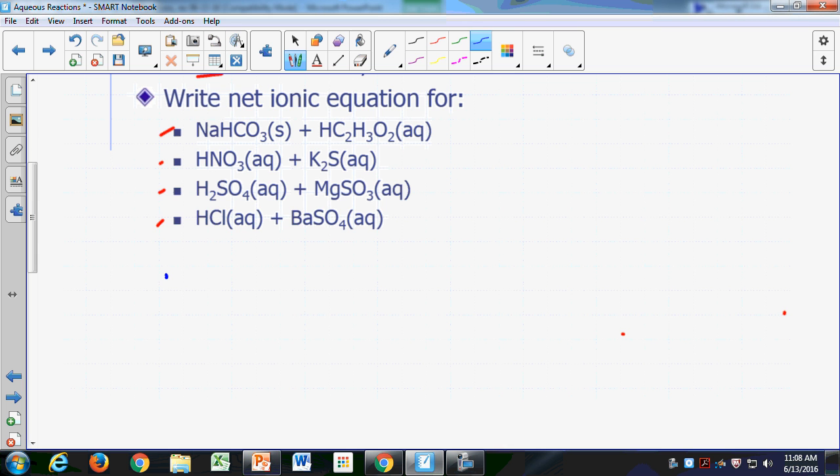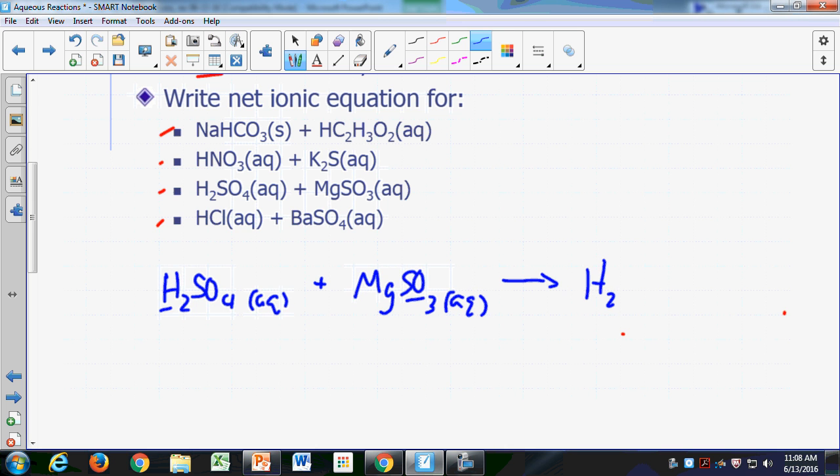H2SO4, I should split that. Okay, let me just write the full molecular equation. H2SO4 aqueous plus magnesium sulfide, MgS aqueous. Okay, the H plus will combine with the sulfide. That gives you H2SO3, which is a weak acid. Okay,